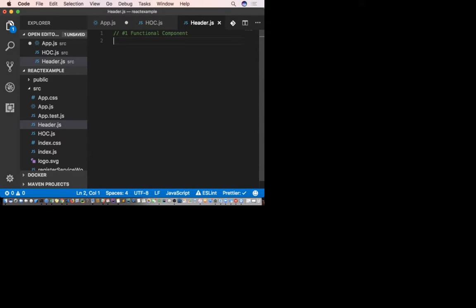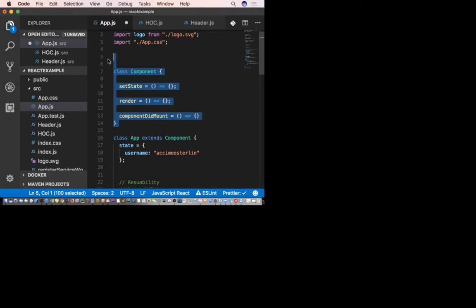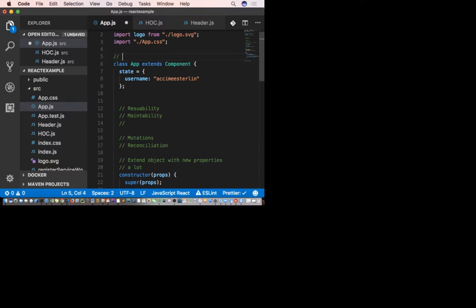The first type of component in React, it's called functional component. The second type of component in React, as you guys can see already, I'm gonna go ahead and delete that. It's called class component.